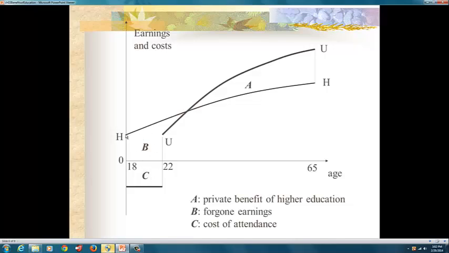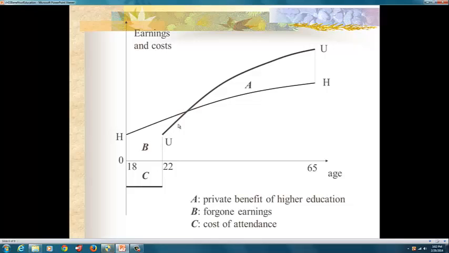Remember we said you can do two things at age 18. Go to university and live off of whoever is taking care of you, or you can start working right away. Now, if you start working right away, it means you'll be earning an income. But if you are in school, this represents your foregone earnings. It means that this is the opportunity cost of attending school. You would not be earning anything.